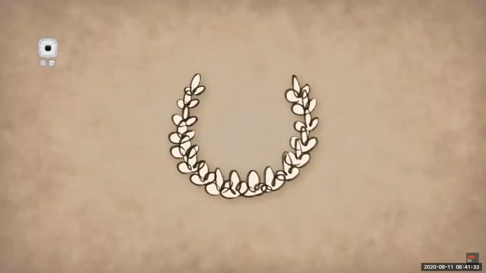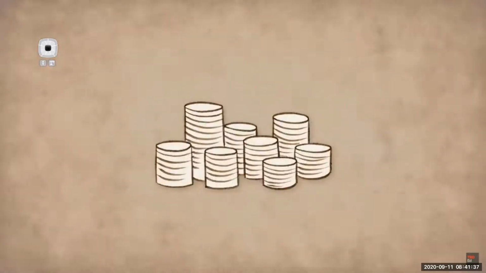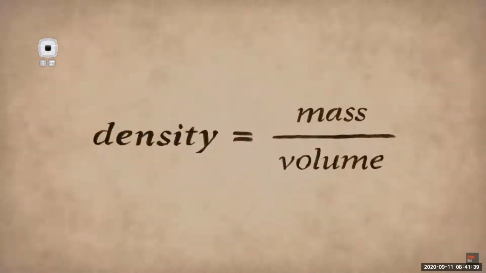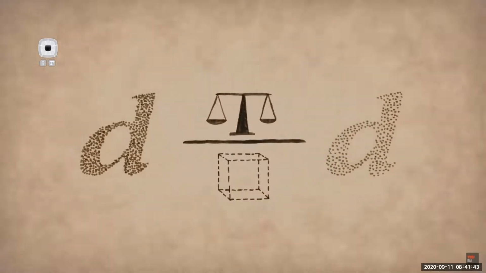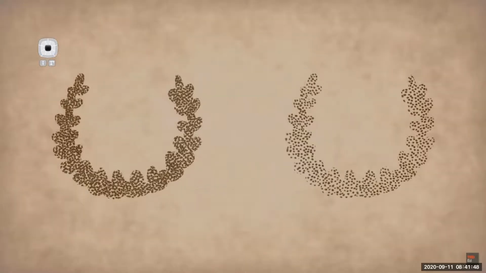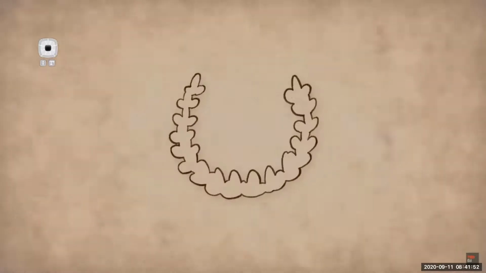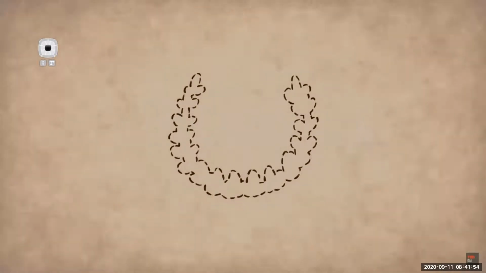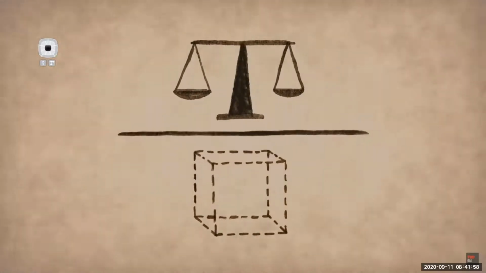You see, Archimedes needed to check the crown's density to see if it was the same as the density of pure gold. Density is a measure of an object's mass divided by its volume. Pure gold is very dense, while silver is less dense. So if there was silver in the crown, it would be less dense than if it were made of pure gold. But no matter what it was made of, the crown would be the same shape, which means the same volume. So if Archimedes could measure the mass of the crown first and then measure its volume, he could find out how dense it was.